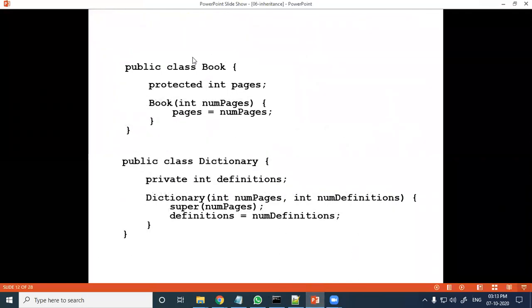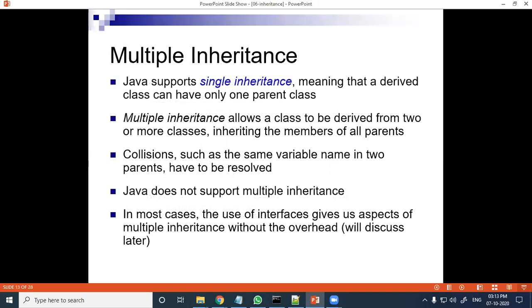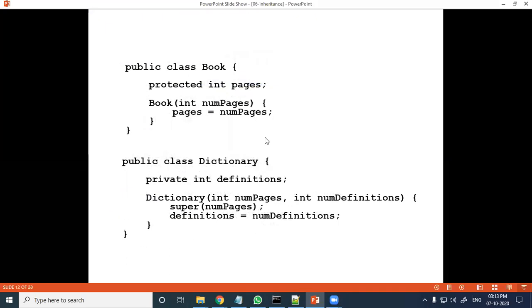So this is another example. There is a book class and a dictionary class. These are two different classes. Sorry, here there is no this. Here there is a syntax error, and by mistake I have left this one. Here, public class dictionary, then extends book.